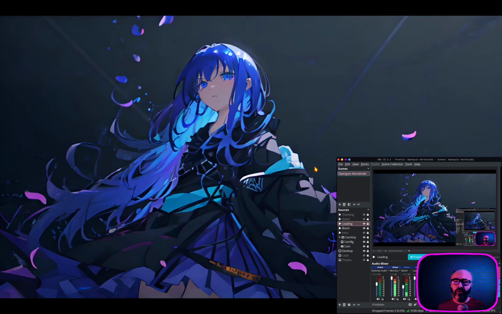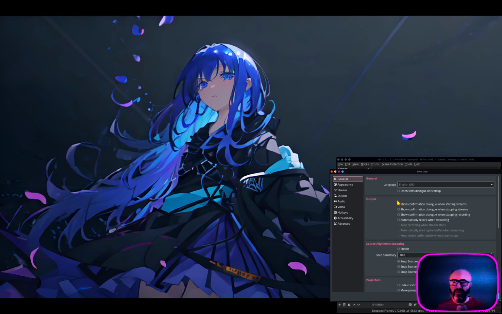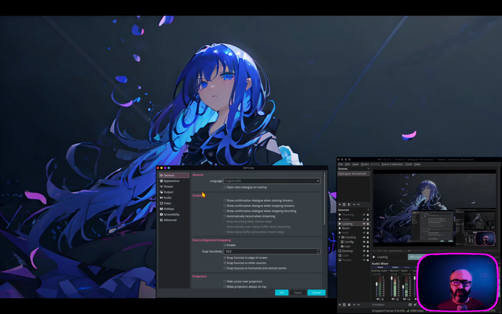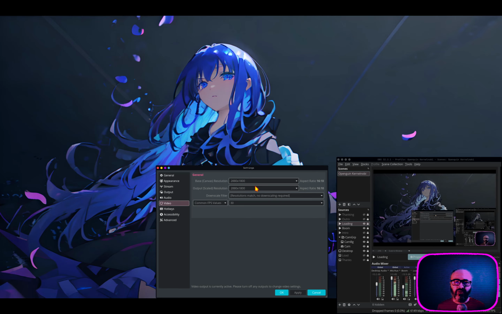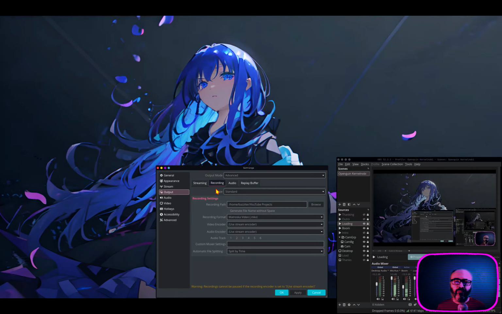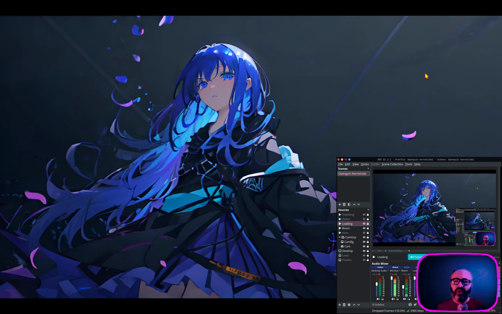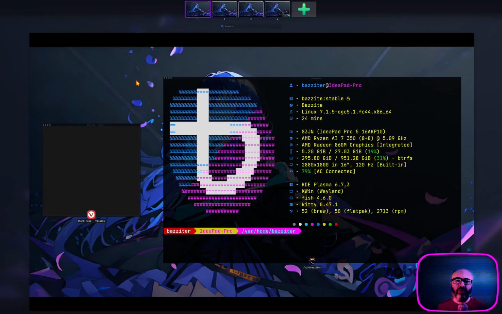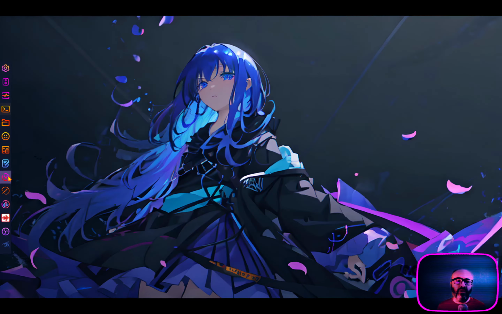And here we are in OBS. My OBS settings are these: video, screen native resolution, 30 FPS, and then we have hardware encoders. For the audio it's FFmpeg AAC, and for the video FFmpeg VAAPI H.264. I'm using 16,000 bitrate and MKV. And with these things out of the way, let's check out what Bazzite 44 is first by going into the